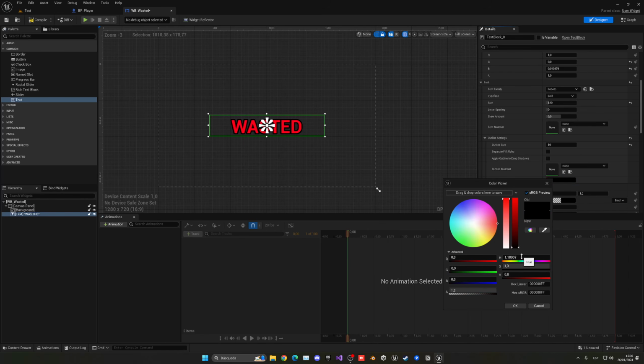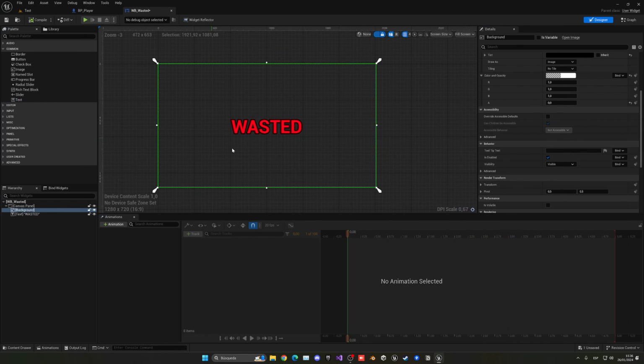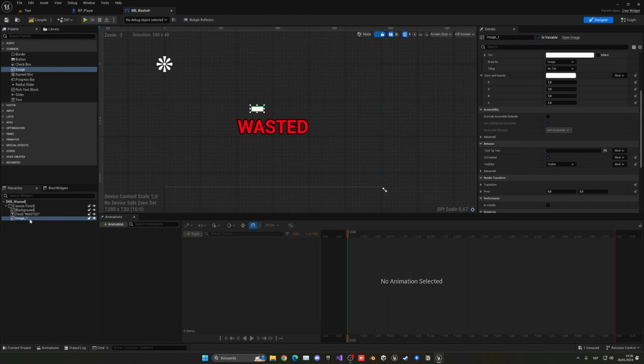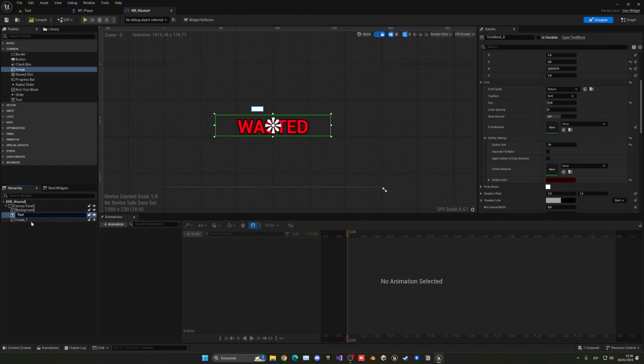I don't know if it's completely black or kind of reddish, but I think that this will kind of work, something like that. Okay, a very dark reddish, and here we go. Wasted. And you may notice that also in GTA we have kind of an image going downwards like that. Let's add the same thing. But first of all, let's rename this to be the wasted